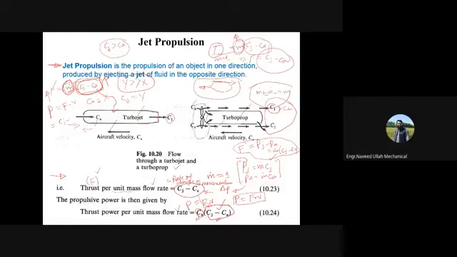The more is the mass flow rate pushed in the rearward direction, the more will be the thrust produced in the forward direction, ठीक है।